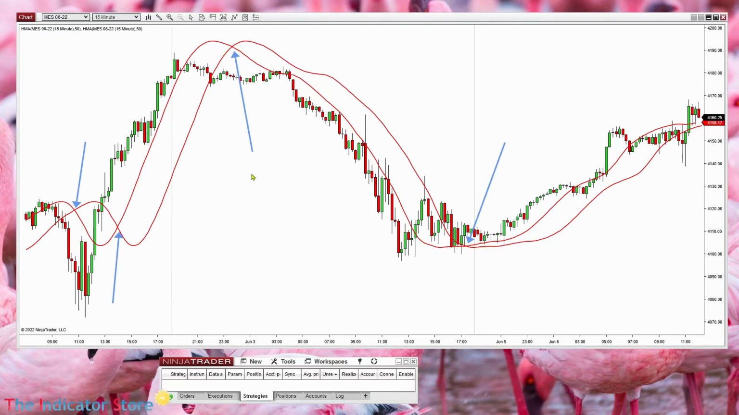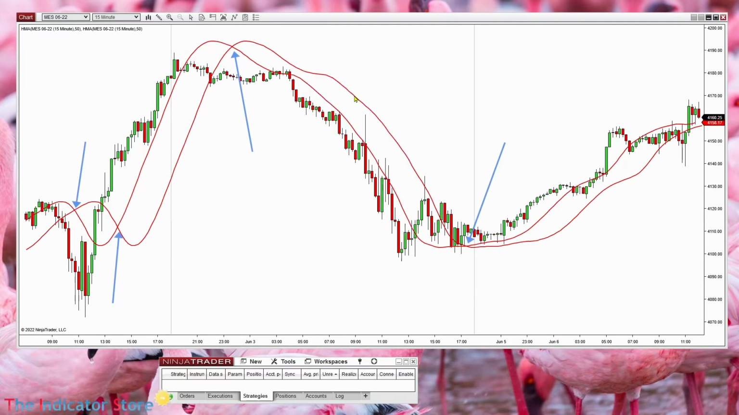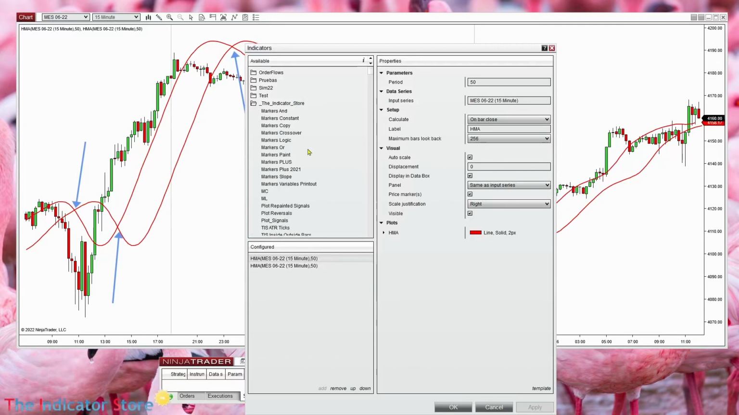This is valid for any line: the same line displaced several bars, and then we calculate the crossover. How can we do this on Markers or on Builder? On Markers, this is very simple. We only need to copy one of the lines, the main line. So we go to Markers copy,